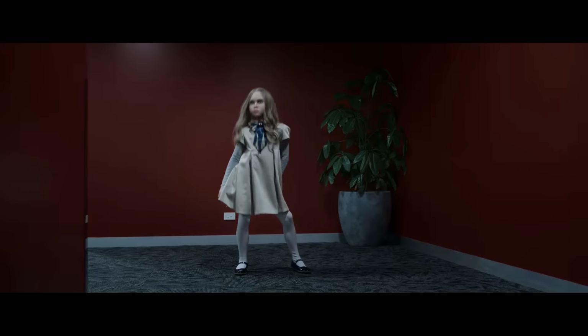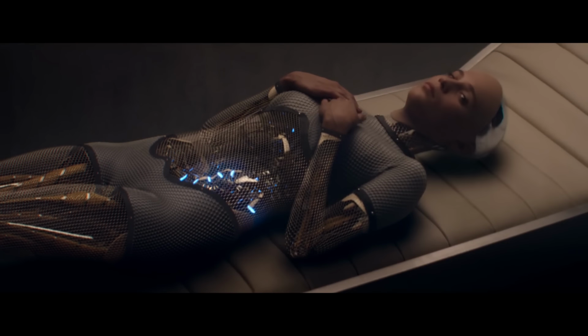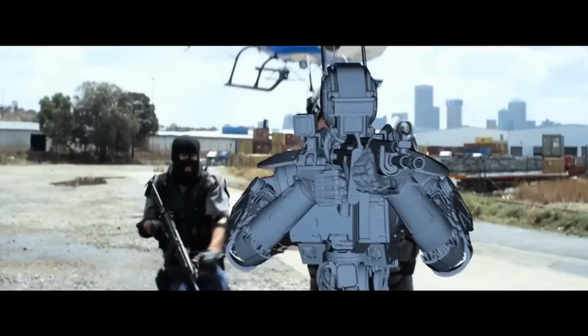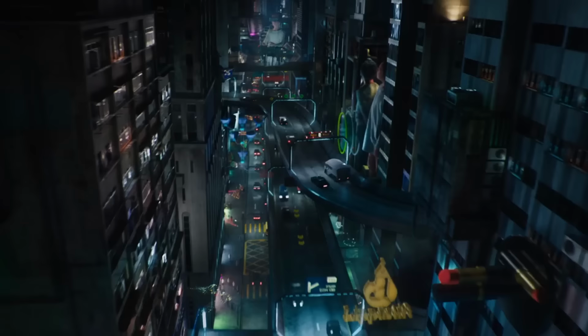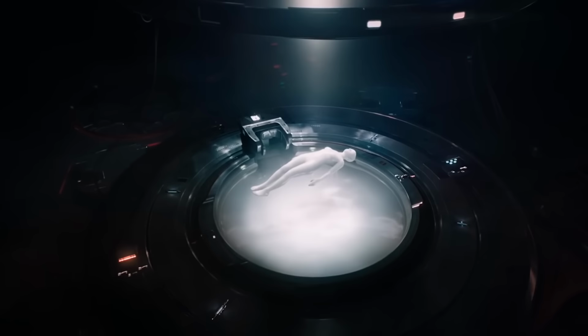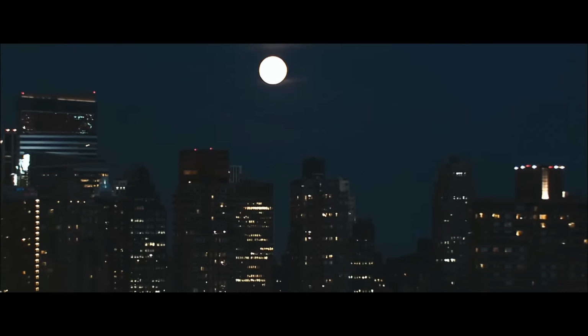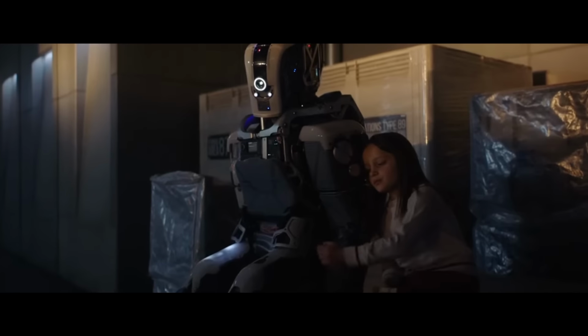From murderous dolls to huggable clouds, simulant kids to gangster bots, and seductive droids to battle angels, I hope you've gotten a better look at how your favorite AI characters were brought to life. The world we live in is no longer recognizable, and the future is more unpredictable than ever. But I have hope that AI and humanity will work together, that we'll strive for a brighter tomorrow, and that our teamwork will...